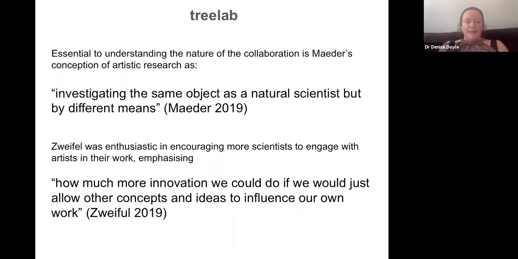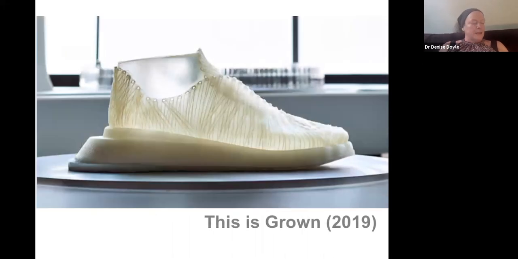And finally, and interestingly, Roman Zweifel, yes, of course, he is taking the opportunity to communicate his science with the support of an artist, but he goes much further than that and says how much more innovation we could do if we could just allow other concepts and ideas to influence our own work. So the final